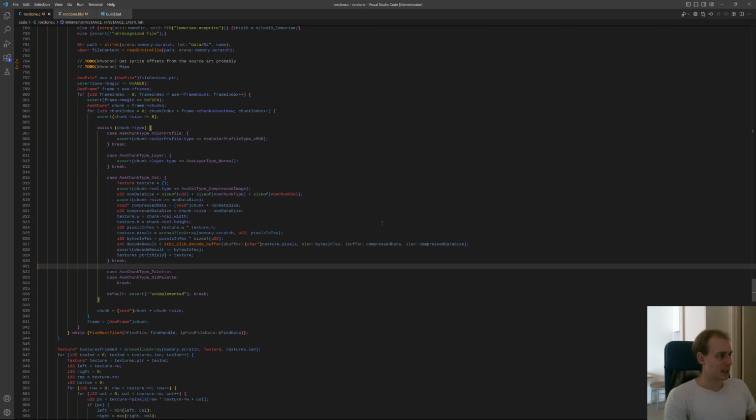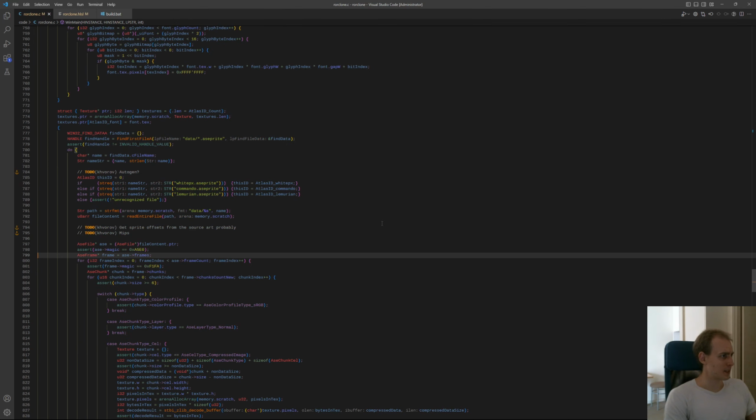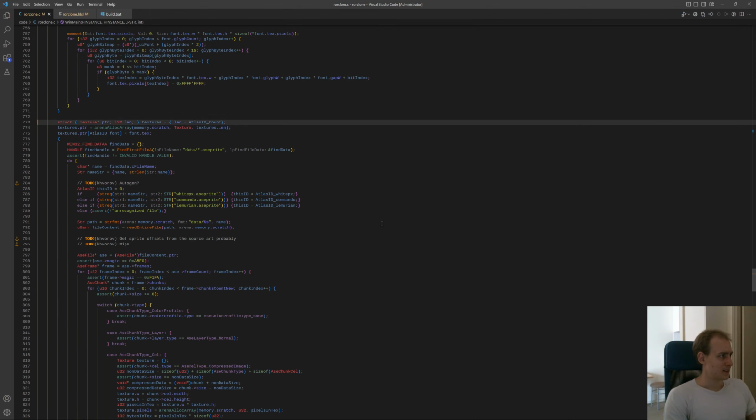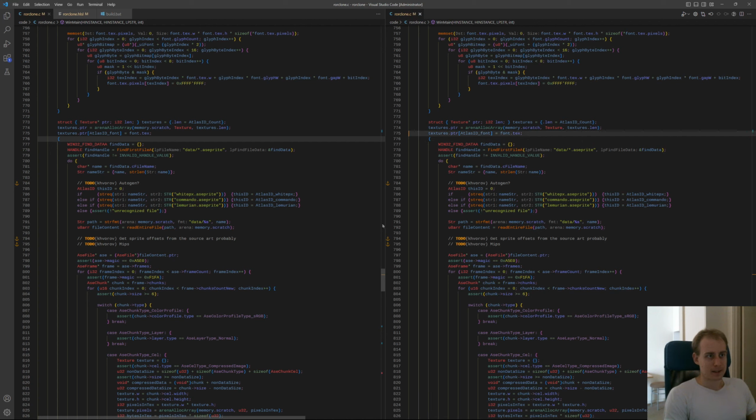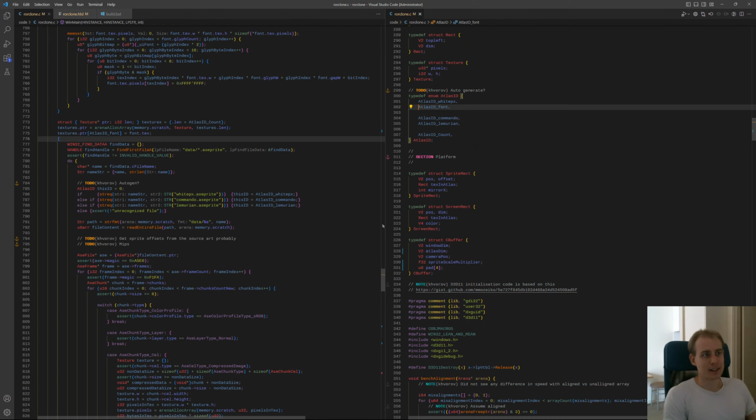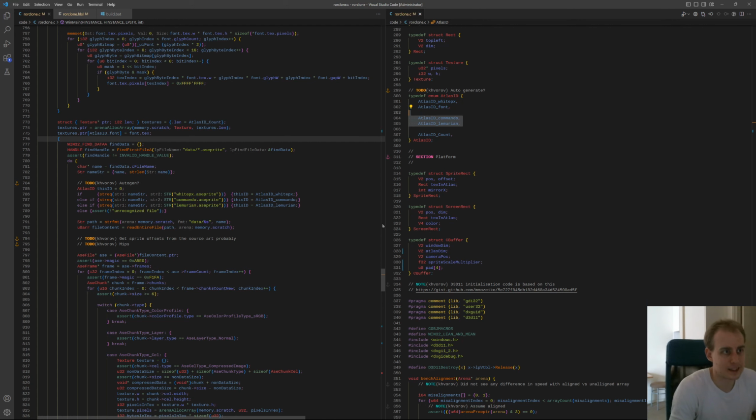So this is where we're pulling out the textures. So we pull out the textures, right? And so if we go to this Atlas ID thing, yeah, these are the textures that need to be scaled up. And we don't actually have to scale up anything else. And, well,